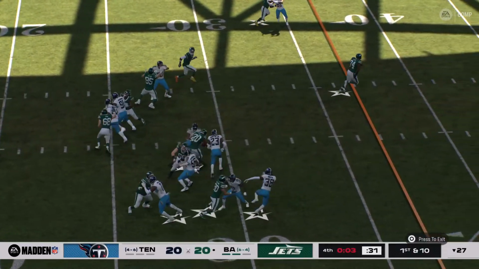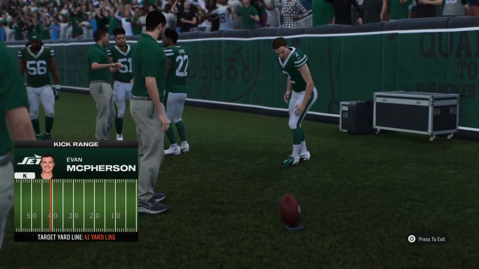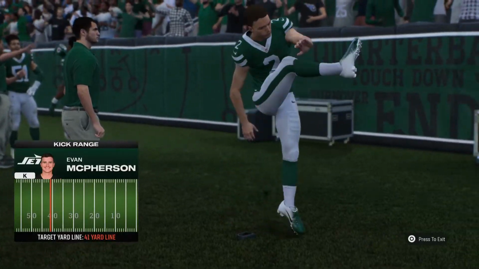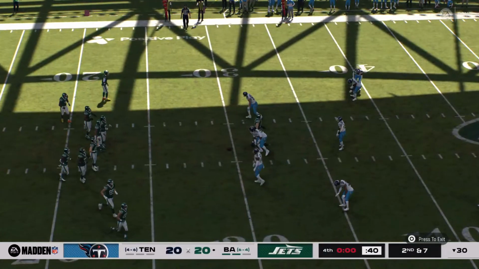They show jet sweep and instead run it up the middle. And he's able to push his way forward, a gain of about 2. It'll be 2nd down. It's a pickup of 3. Brings up 2nd and...